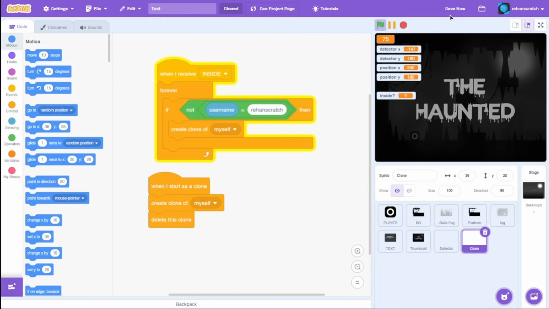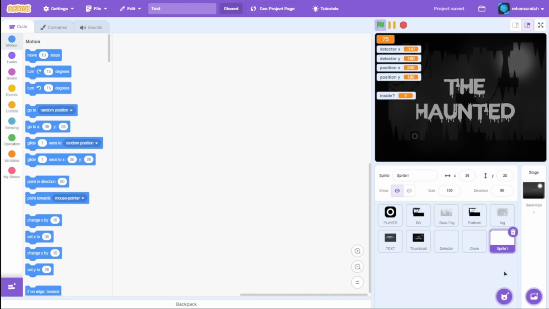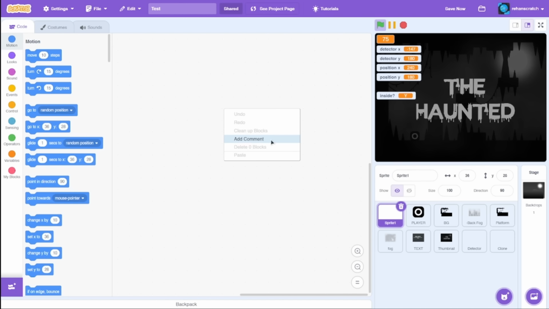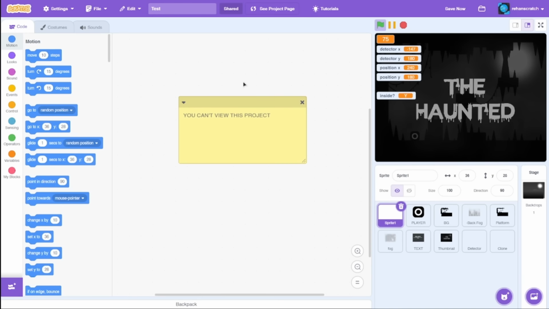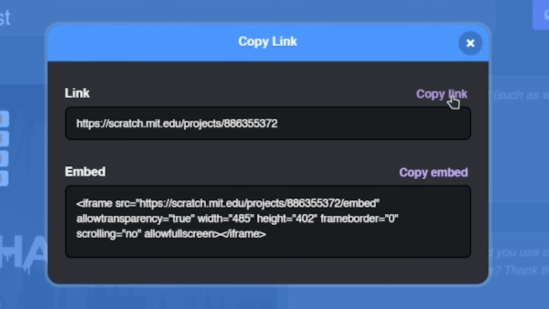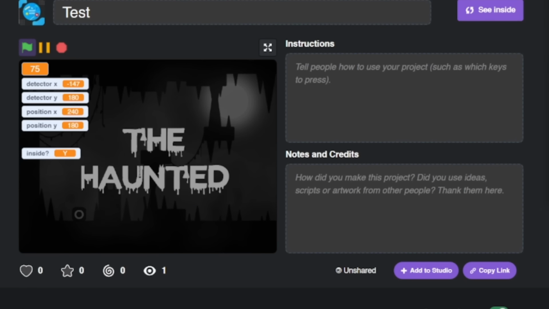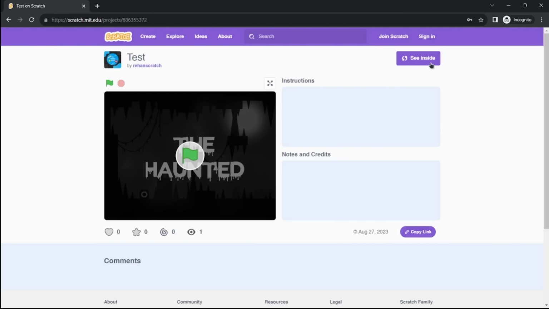doing all those things. So another thing that you can do is just create a blank sprite, name it anything you want, and maybe add a comment or something, say can't view this project, maybe an ASCII art if you really want to irritate. So you could just select this blank sprite, save now. For now, let's test it. Let's copy the link, open it in a new tab. So right, we loaded the project, and now the moment of truth, we click see inside,